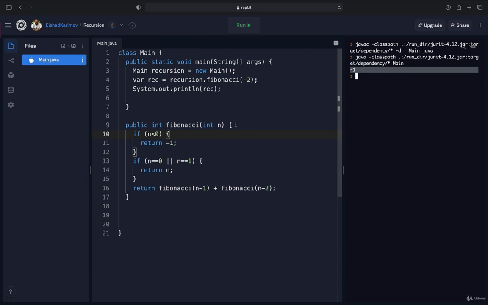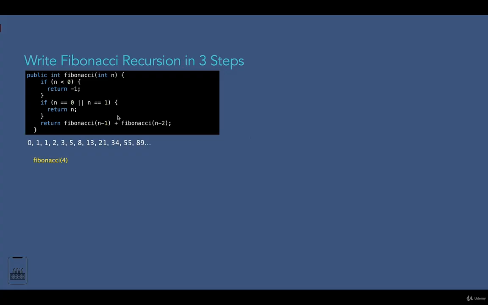Now one more time, I'm going to take this method to see how this is working in the background for any given number. I have copied the method over here, and we are going to run it for Fibonacci of 4. The first step is that it will check if n is less than 0 or not.